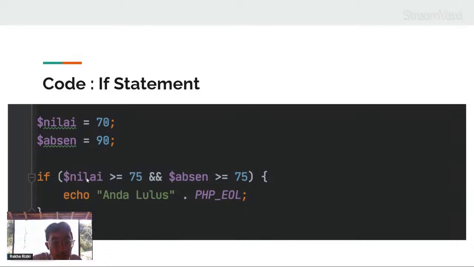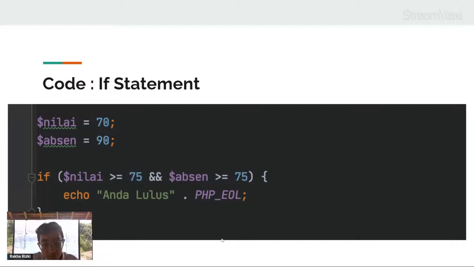If variable nilai is bigger than 75 and variable absent is bigger than 75, then the statement echo lulus will run. So if both of these values are true, this statement will run.